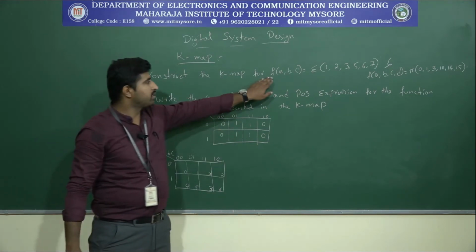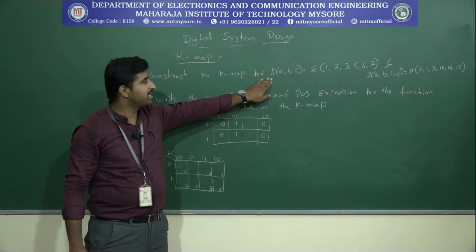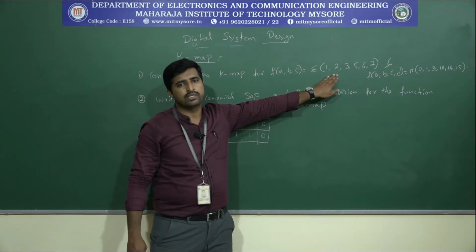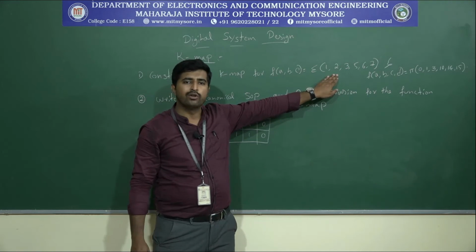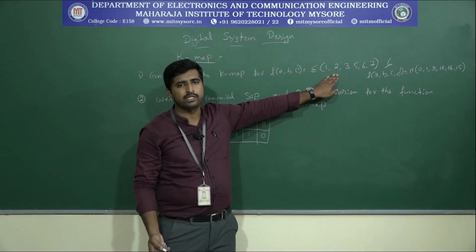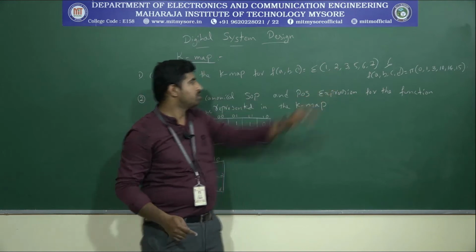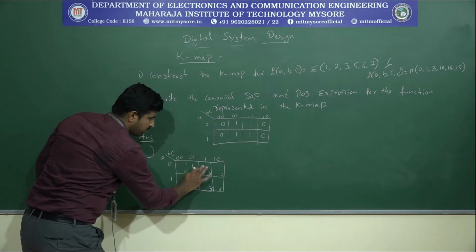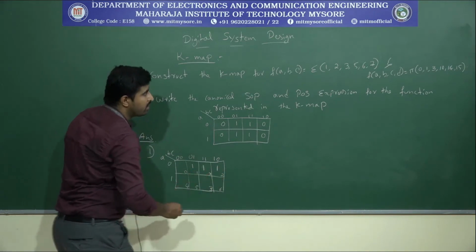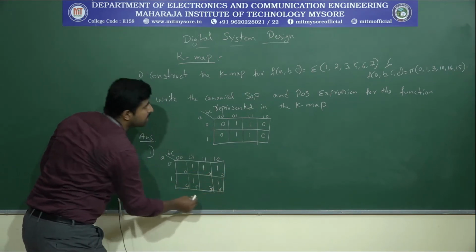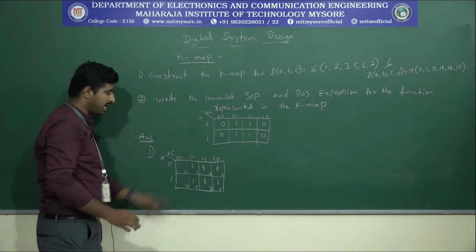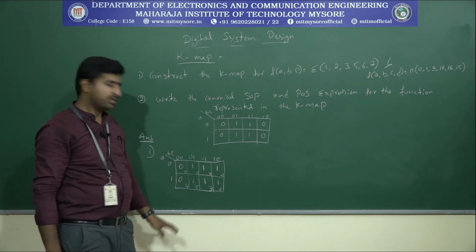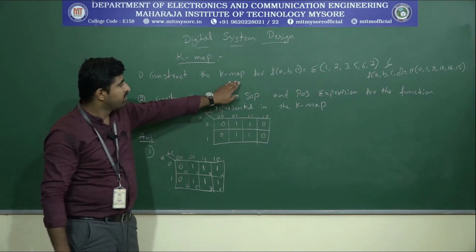Now, according to this function, what will the K map be? Wherever the summation values are given, in those cells we are going to write logic 1, and the remaining cells will have logic 0. That means cell number 1 is 1, next 2, 3, 5, 6 and 7 will be 1, and the remaining cells, cell 0 and cell 4, will have zeros. So this is for the first one.